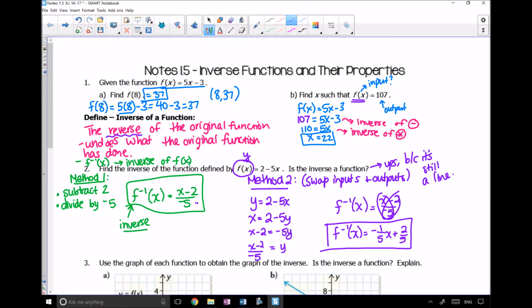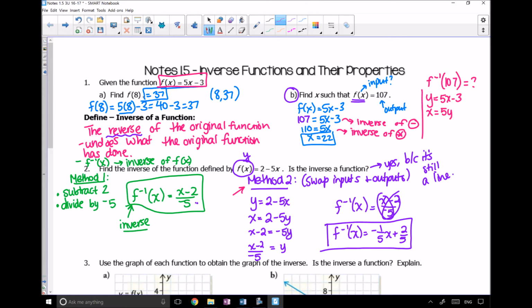Okay, all right, so let's revisit part B up here. So right here it says find x such that f of x equals 107. But essentially what this is saying is find the inverse of 107, okay? So in order to figure that out, another option that I have is to use method 2 on this function up here. So if this function says y equals 5x minus 3, when I swap my inputs and my outputs,